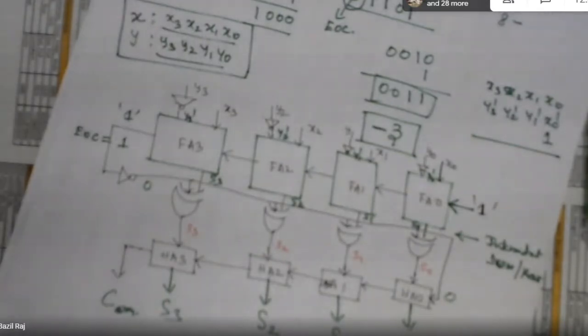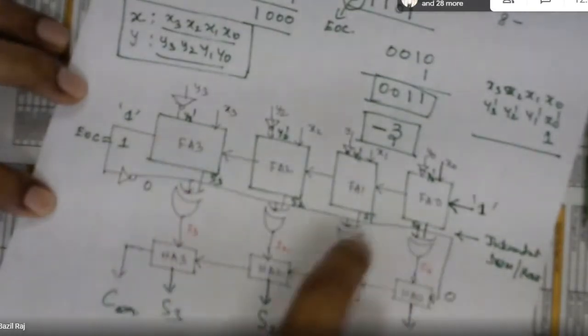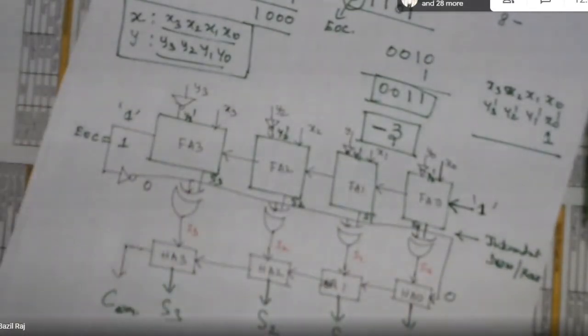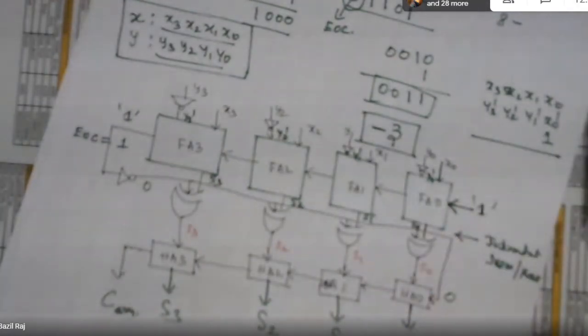That means whenever your EOC is 1, this exclusive OR gate and the adder will just pass the intermediate sum as the final sum. Correct? In other words, suppose I want to subtract the smaller number from the larger number. In that case, the EOC will be 1.